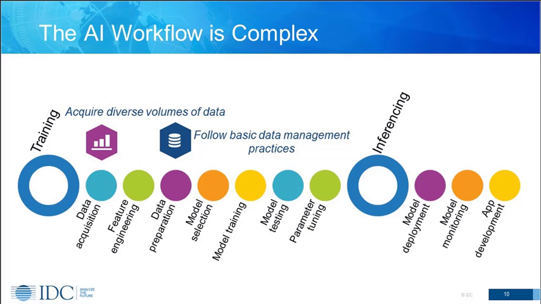And this kind of leads us to the next point then, following basic data management practices as agencies prepare their data. So a lot of questions that we ask our agency clients include, do you know the lineage of your data? Is it clean? Is it granular enough to be useful? Do you have processes in place to document sources? Are you labeling and organizing your files? And how are you addressing issues with respect to integration of data from so many different data sources? And this is not a glamorous step, but proper data management is so critical to properly training the machine.